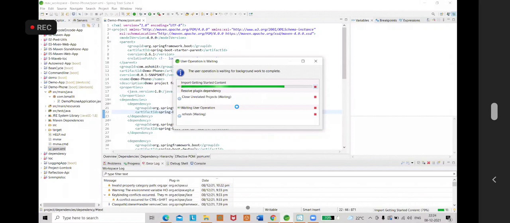Saurabh faced the same issue. Actually, I've downloaded a JDK 8, Java 8 version. Saurabh faced the problem. What is the solution, brother? You have to close these last three operations, cancel the last three. Refreshing, you have to wait. His IDE system configuration is very low. That's why he's getting stuck.